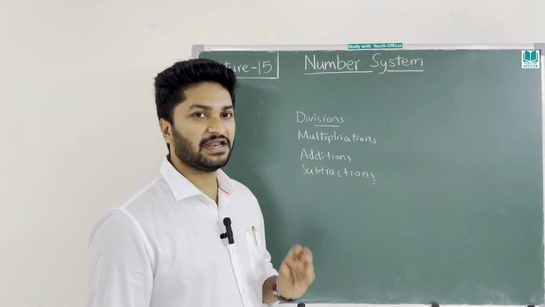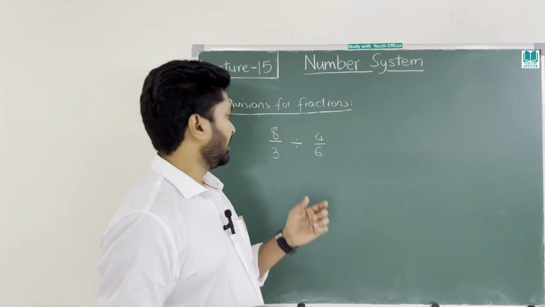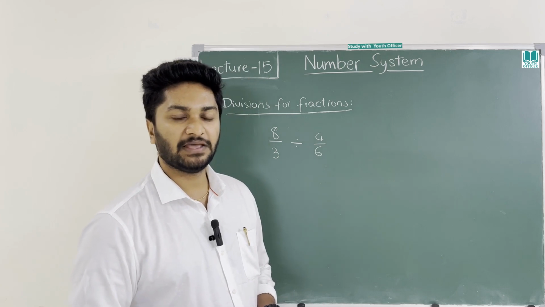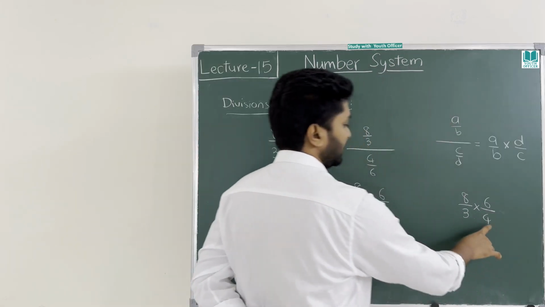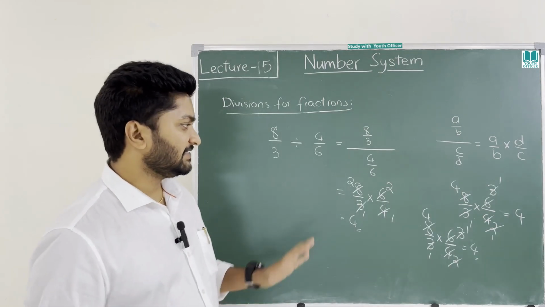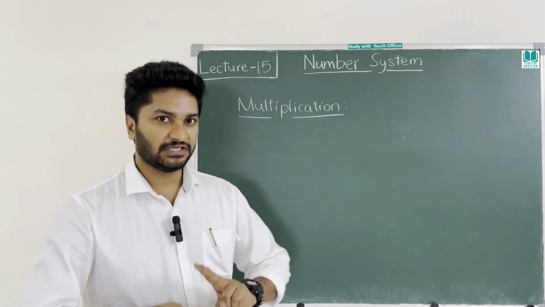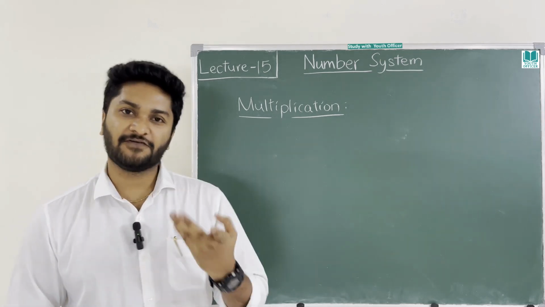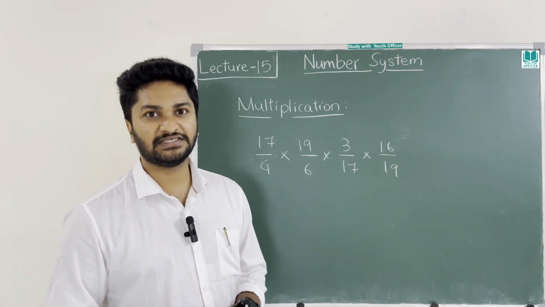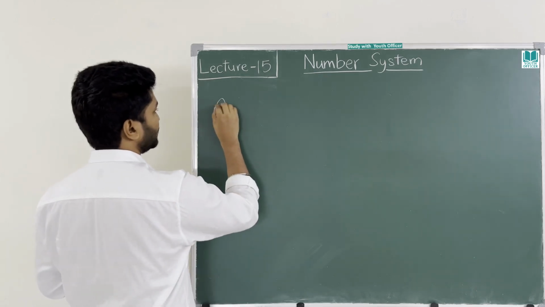Multiplications and divisions of a number are very difficult. But in fractions, additions and subtractions, any fractions, divisions like this, how do you convert them into multiplication? When you see two even numbers, first thing comes to your mind is, sir, is it necessary to get cancelled? No. Now we were taking two fractions. In multiplication, now I'll try to take four fractions. And sometimes, if you don't cancel, that is also one strategy. In order to cancel this, you should be very thorough with your multiplication. I will teach you